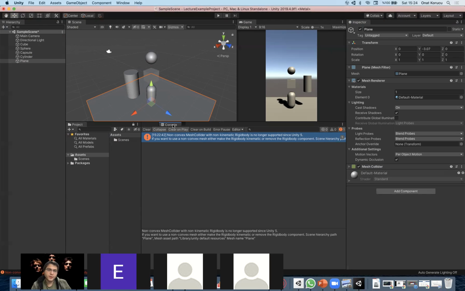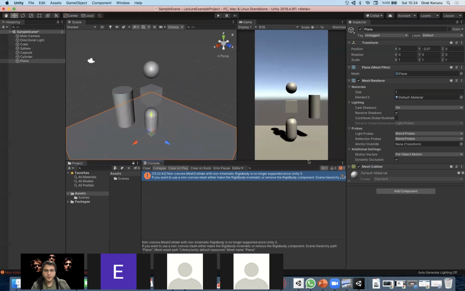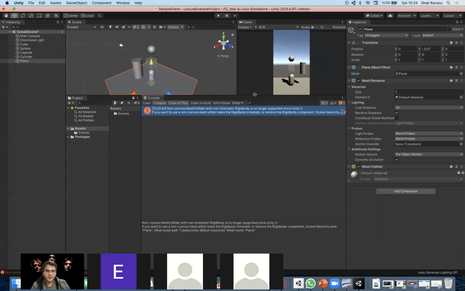So you don't have any console showing? I have, but it's only the bottom line. There's one red warning, only at the bottom of Unity, like this. Oh, so you can click on top of your console window and drag it up. No,